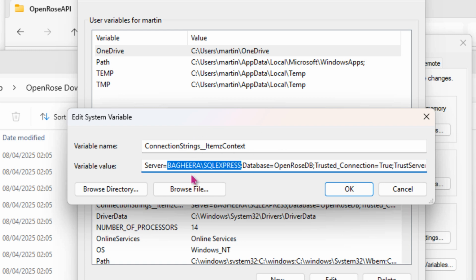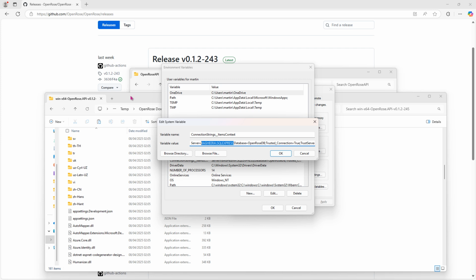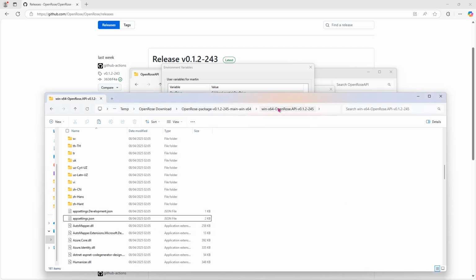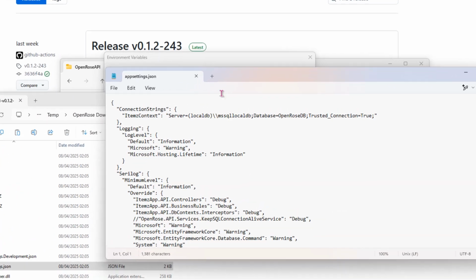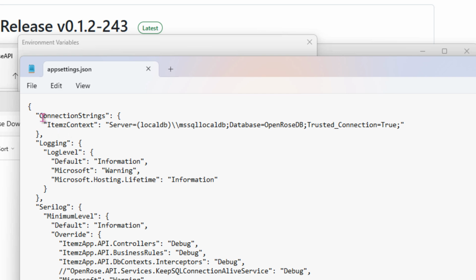So I don't need to make any changes to the environment variable. I'm just showing this information here for demo purposes, that in my particular case I'm using an environment variable to override the connection string settings. What I mean is, in the temporary download location, we have the API application where we just copied the appsettings.json file. And if I open that appsettings.json file and bring it over here, you can see that the connection strings